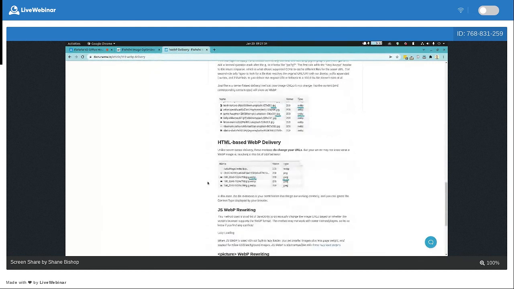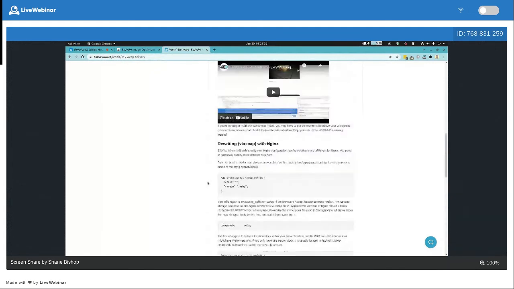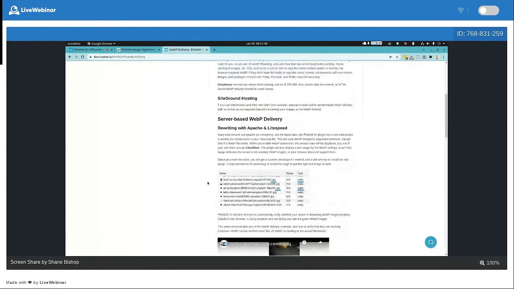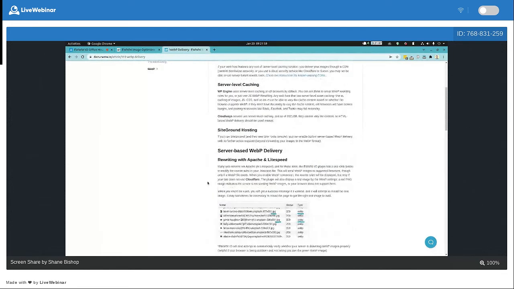Let me get back up here. If you're using a CDN that doesn't support varying the content, let me back up. So when we're doing a WebP delivery, we always want it to be conditional. And it's conditional on two different things. First of all, it's conditioned on whether or not the user's browser supports WebP. Most browsers do now, about 95, 96%, but that still leaves 4 to 5% that are not able to load